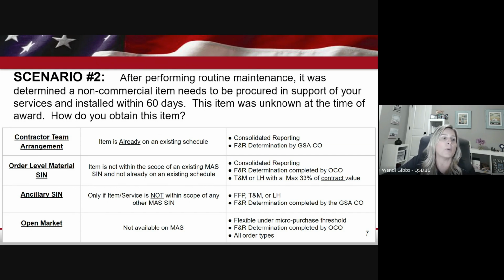And then finally, open market. If utilizing OLMs is not an option, then consider looking at open market procedures. These involve competitive procedures, but again, exceptions such as FAR 8.3 might apply. Additionally, agencies have flexibilities to use the government purchase card or GSA's commercial platforms, and this would all be done at the ordering level. I'm now going to pass it over to Paula Hance, who will share the next few slides regarding the actions required from vendors.